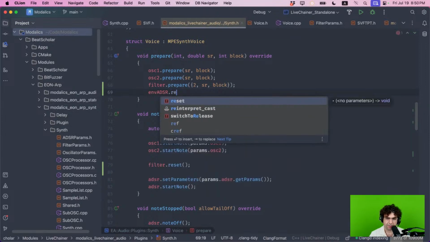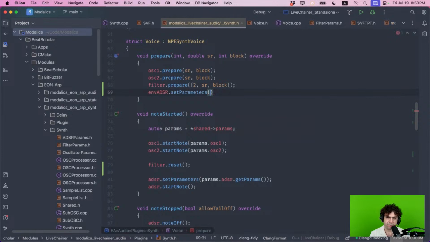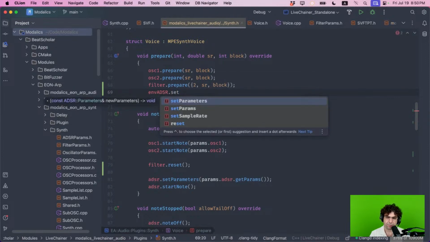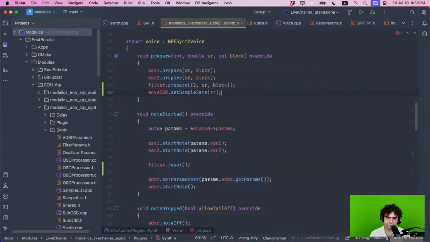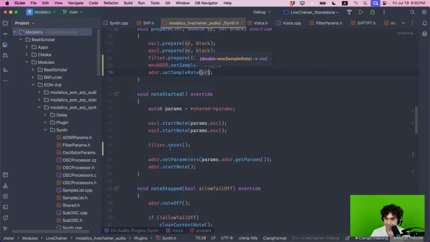Oh, I just realized I forgot to prepare the ADSR, which I probably need to with the regular ADSR. I think it kind of worked because it was 4400 and it happened to have worked, but it shouldn't really work. So node started, and then